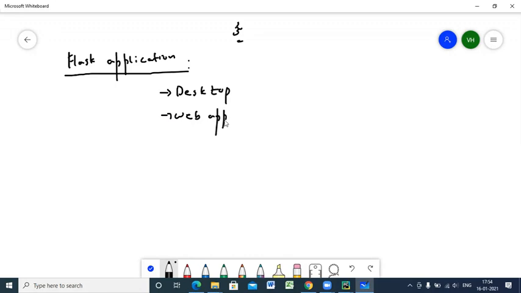When we say web application, this web application has to be deployed somewhere, that is, using some server. It can work from the remote location. This is a web application. But when we say desktop application, it has to be installed on your desktop and does not require any internet connection. This is not a remote connection, just for your local machine. You can install it on your machines and run it.